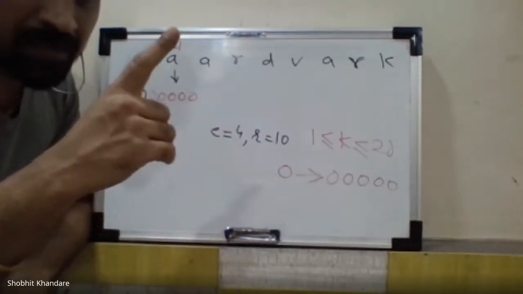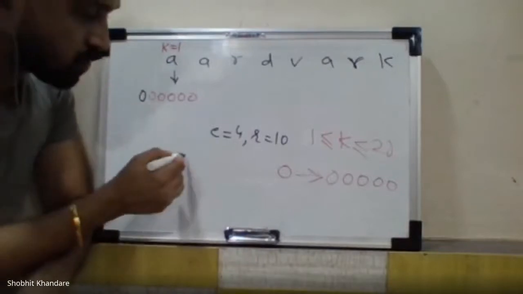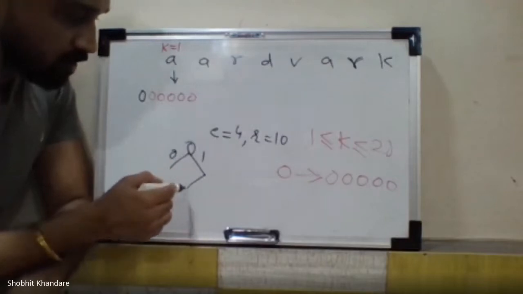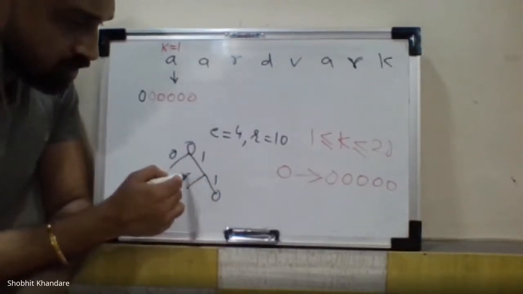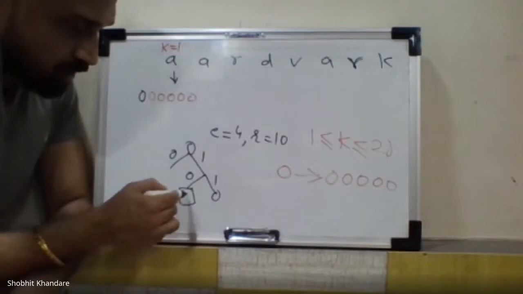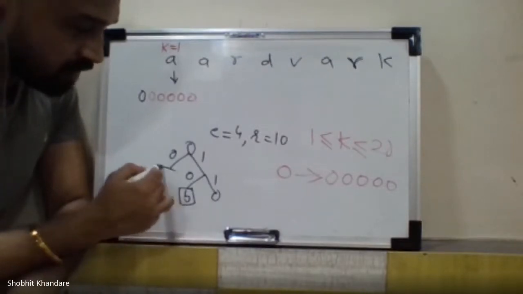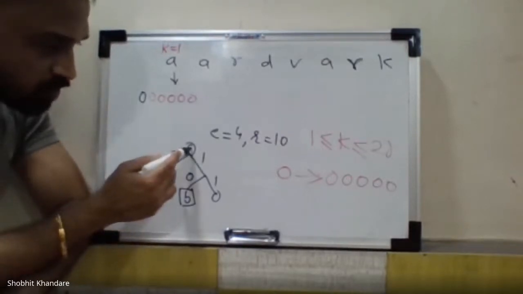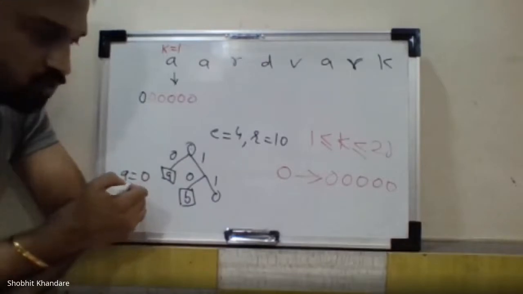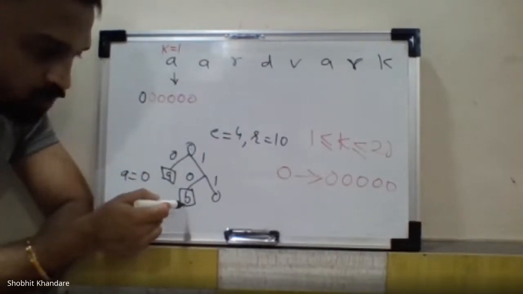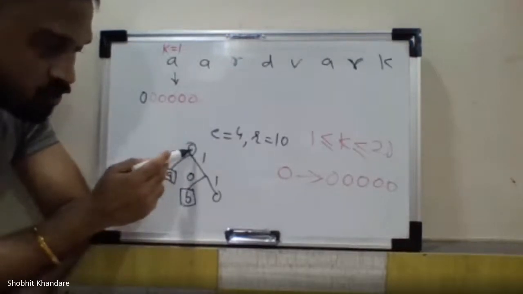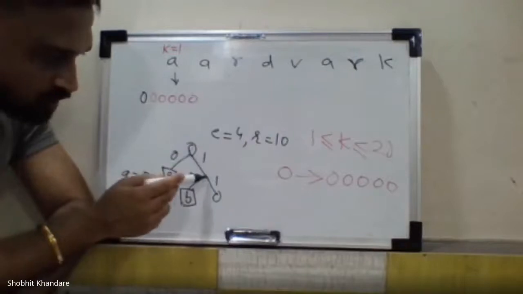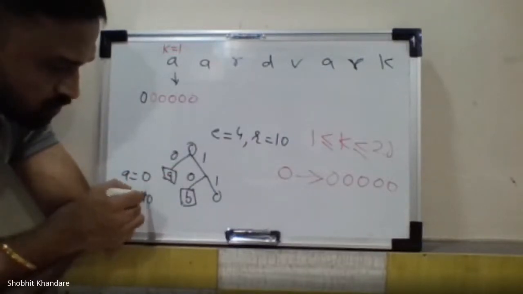मैंने बताया था कि how do you get the code? Whenever you go to the left, it is 0. Whenever you go to the right, it is 1. For example, if you are starting from here, and suppose here I'm having B and here I'm having A. If I want the code for A, you are going from the root, so I will say A is equal to 0. If I ask you to get me the code for B, again you will start from the root and go to B. While traveling, you will come across 1, 0. So for B, the code is 1, 0.